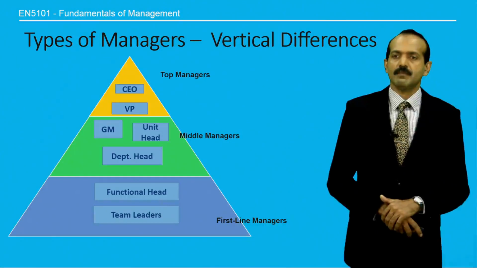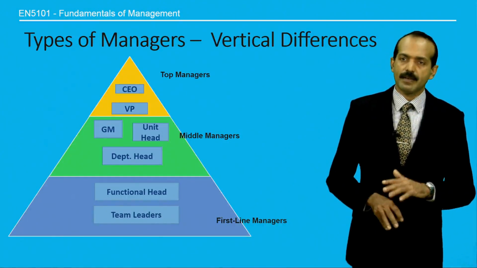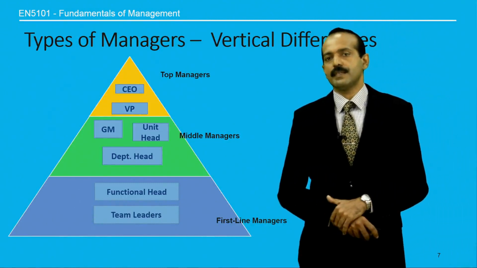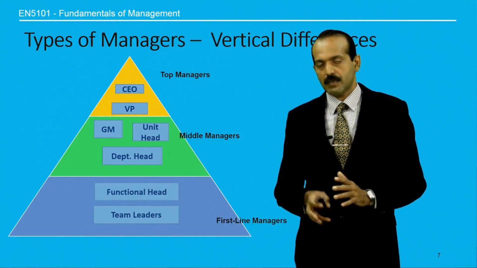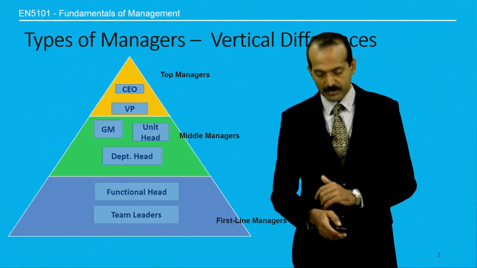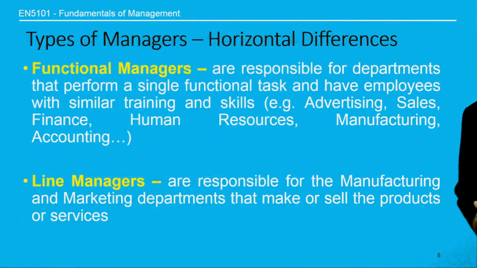Then this diagram identifies the types of managers following the vertical or hierarchical differences of the organization. Then as I mentioned, the second kind of difference for identifying managers is considering the horizontal differences of the